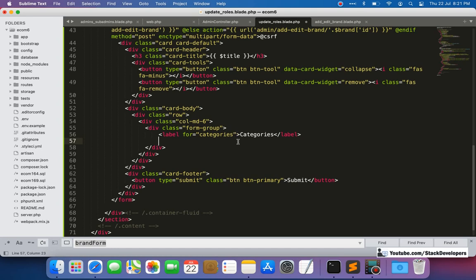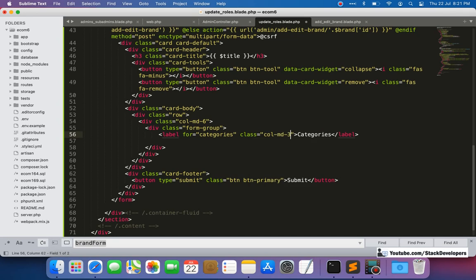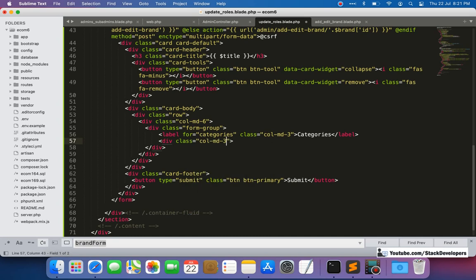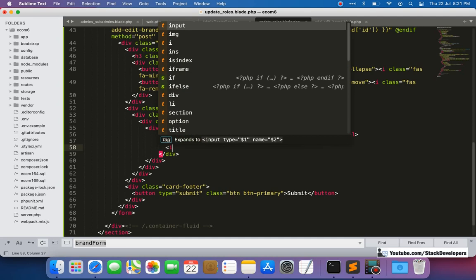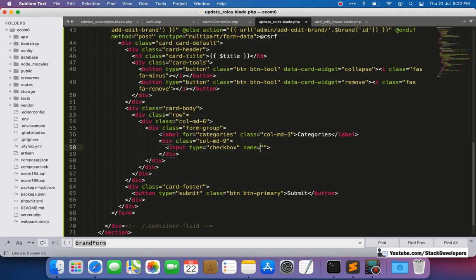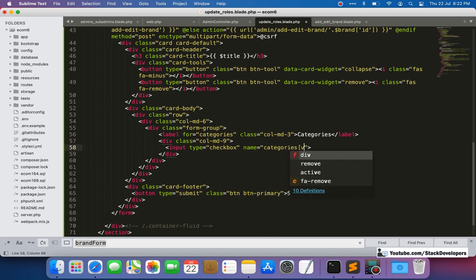So we need to give here class like col-md-3, and here I'm going to create one more div, and give here class col-md-9. Some kind of this design we need to do. Then input type checkbox, we are going to give the checkbox, and name we are going to give like categories. And we are going to have the view here.